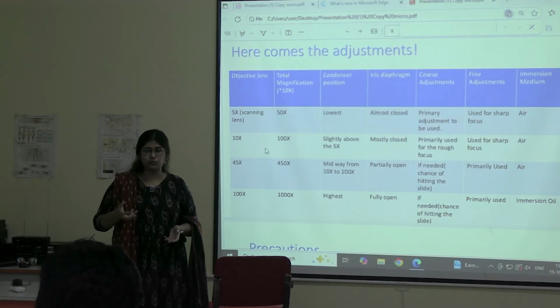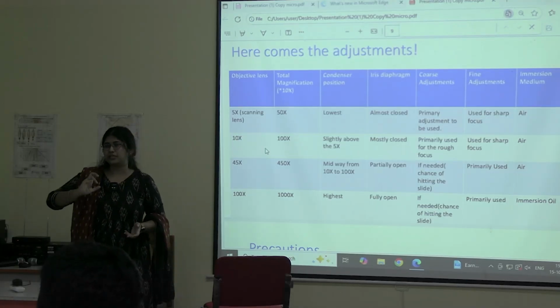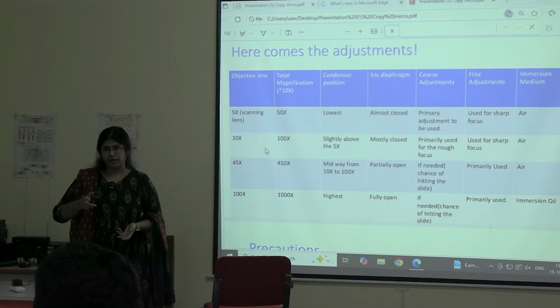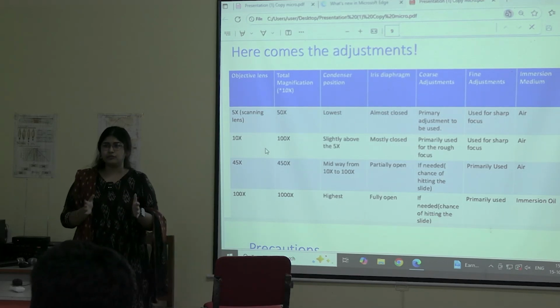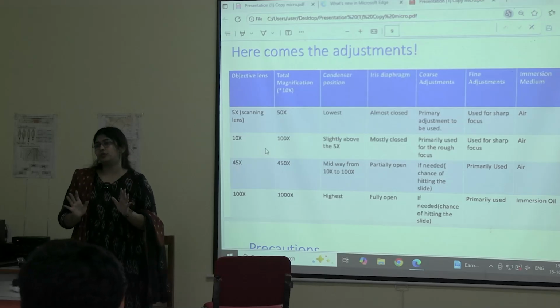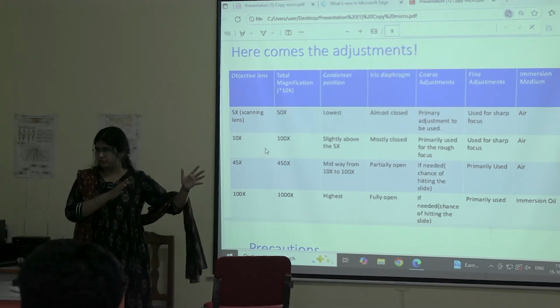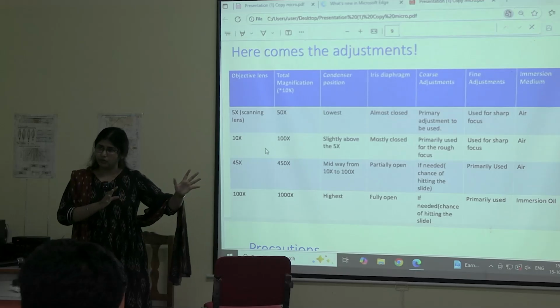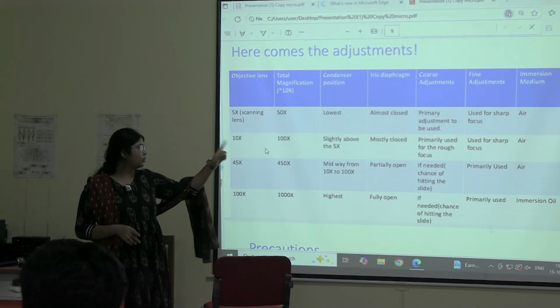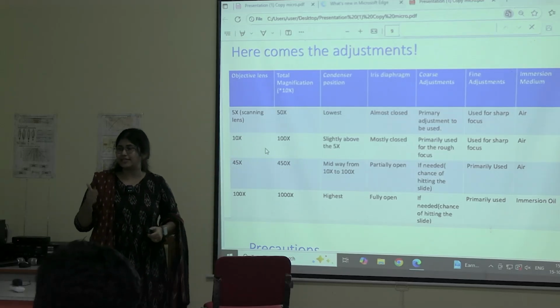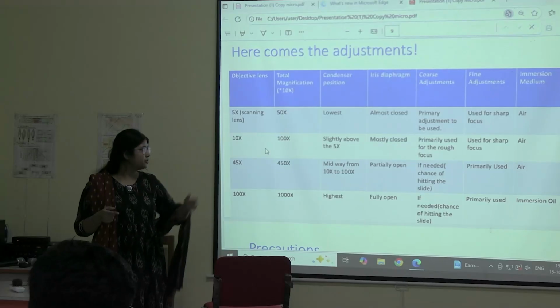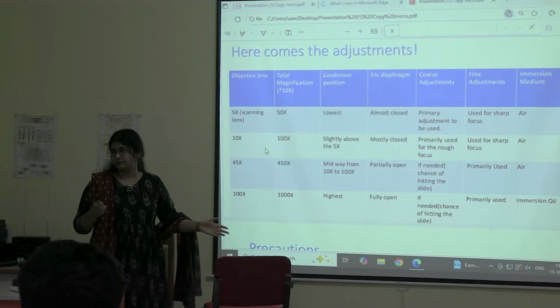What it does is rapid movement of the stage. So for initial focusing, we use the coarse adjustments. For final focusing, we rarely use the coarse adjustments, we just use the fine adjustments. Why? We'll show you in the demo. You will understand it better there. So always remember, we use coarse adjustments primarily in 5x and 10x, and fine adjustments we use everywhere.